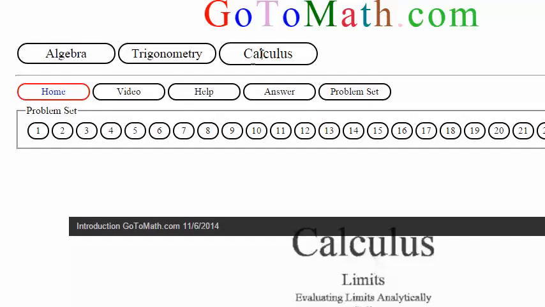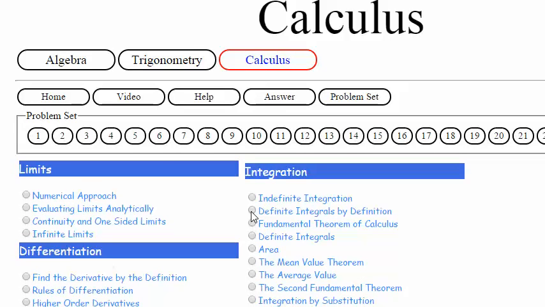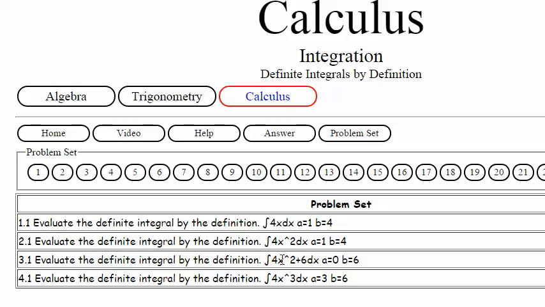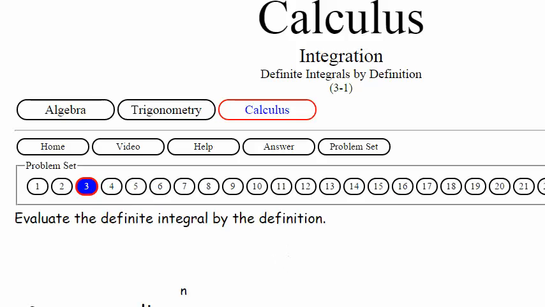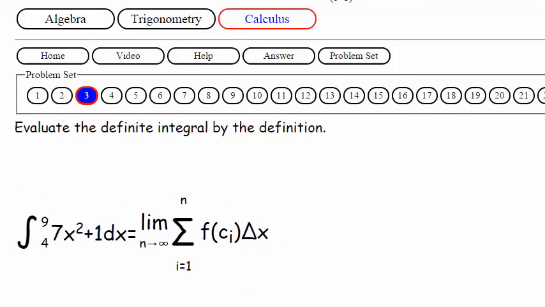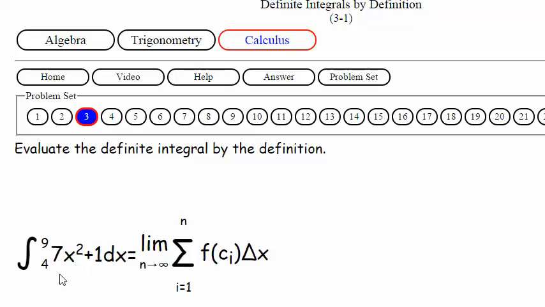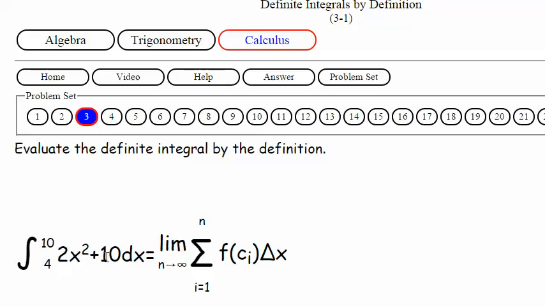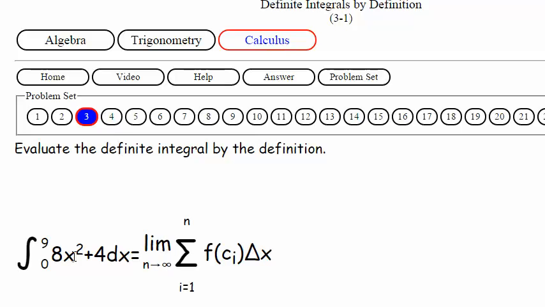We're here at gotomath.com. Let's click on the calculus. Go down to this terrible section here. For some of you, it's probably like, that's terrible. It's like, man, it's too late to withdraw now. Where we at? I don't like those numbers. Let's click. I don't like those either. You know what? Let's stick with those. Those are good numbers. Even though zero doesn't really matter. But anyway, we're going from 0 to 9, 8x squared plus 4. I should put parentheses around that. And we're going to drag you through the mud on how to find this definite integral.